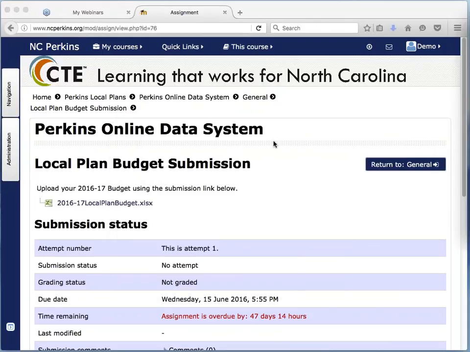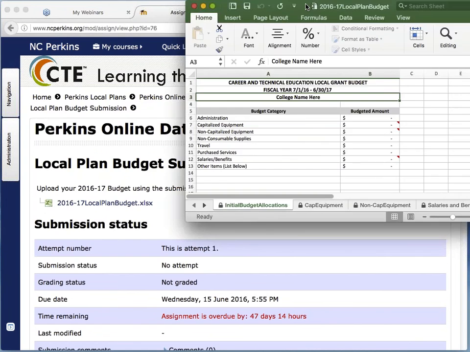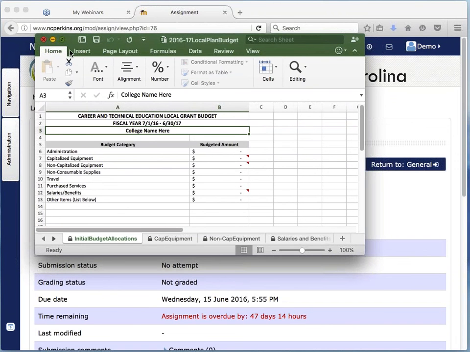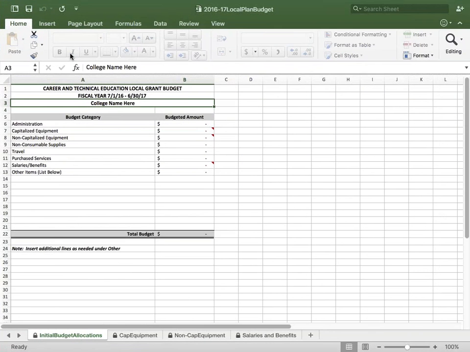When you first initially submit your budget for approval, this year we were optimistic, and it did come to fruition. We were optimistic that we would get a budget much earlier, so we started the planning process before we actually knew what your official allotment would be. We had a very, very close ballpark, so every college was given a figure. If you're unsure, for our brand new folks, what your allotment is, just let Tony and myself know.